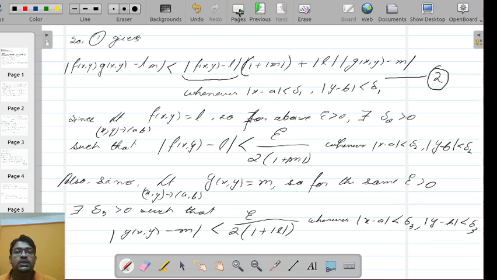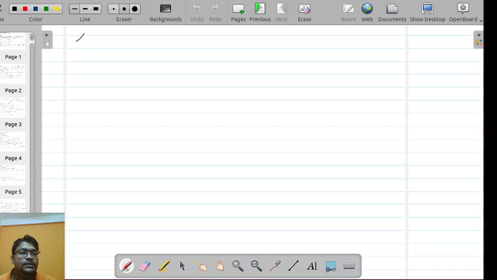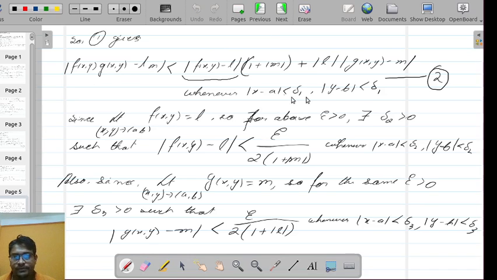So let us take delta equal to the minimum of delta 1, delta 2 and delta 3. Let us name this one as 3 and this one as 4. So 2, 3 and 4 imply